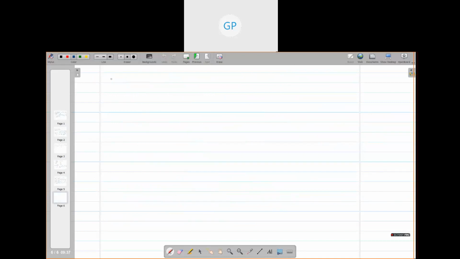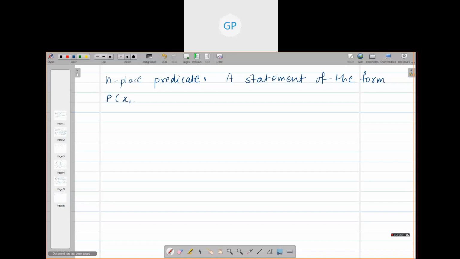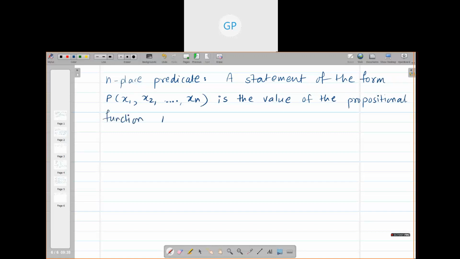A statement of the form P in the bracket x1, x2, dot dot dot xn is the value of the propositional function P at the